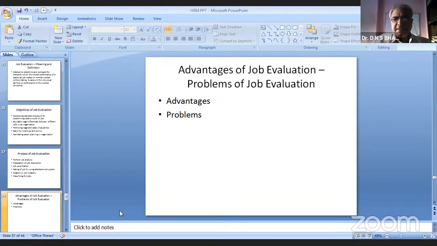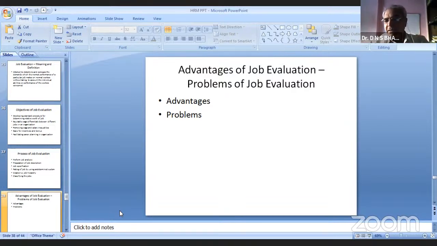So what are the advantages of job analysis? What are the problems of job analysis? Let us go with that. And then after that, we will go for the main important question, that is, what are the advantages of that one? And job analysis, basically, what is the main advantage is that what all we studied till now, that is very, very essential. So when we are talking about the job evaluation process, that helps for developing the equitable